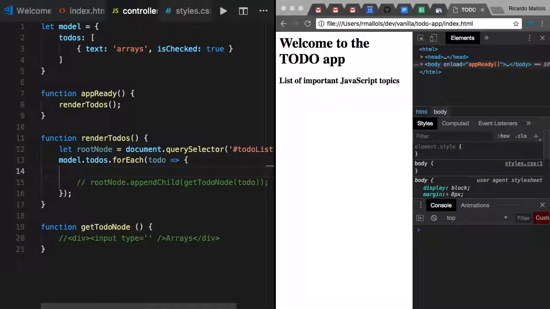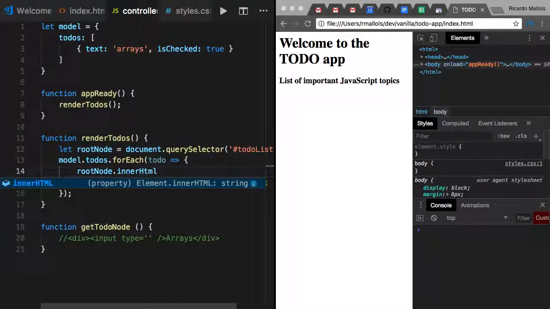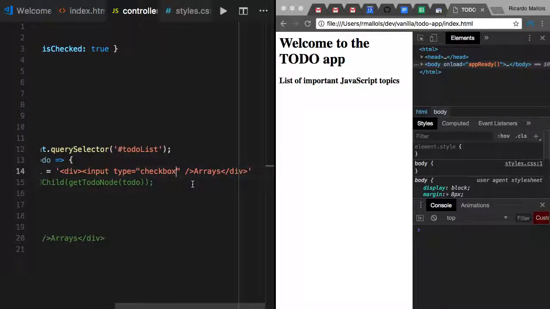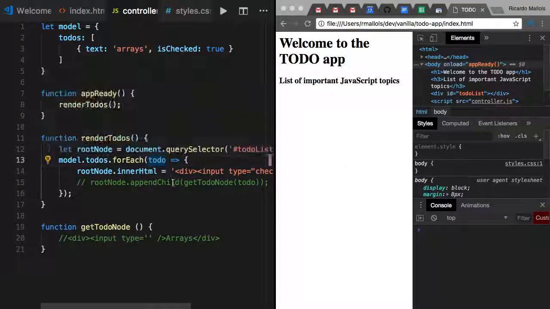So we could do, this is oversimplified, but just to show you the idea. So we could do root node.innerHTML equals type checkbox, right? Something like that. Again, not perfect, but let's see if that makes any sense, right? So model.todos,